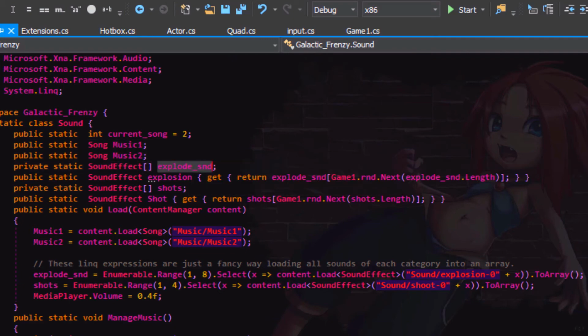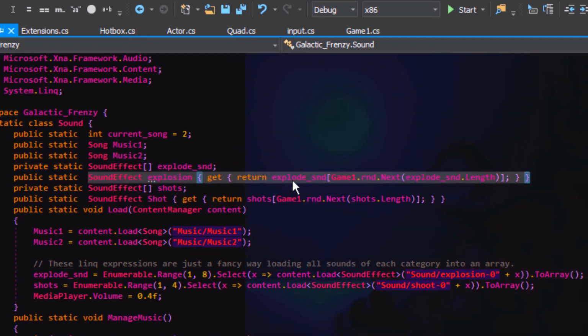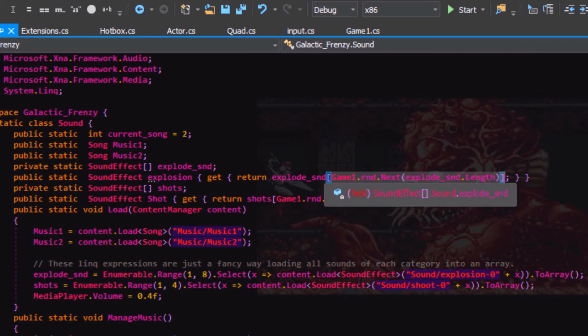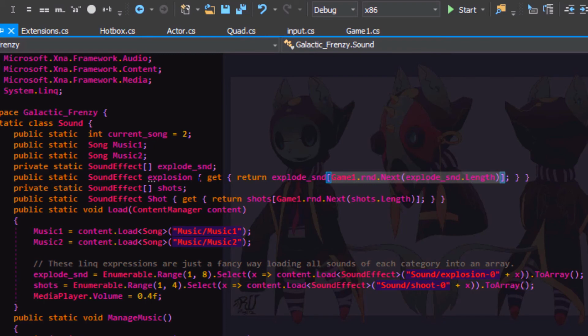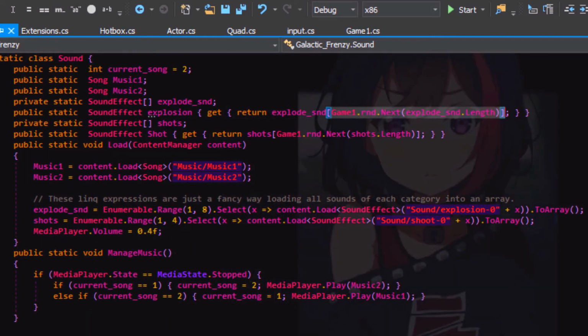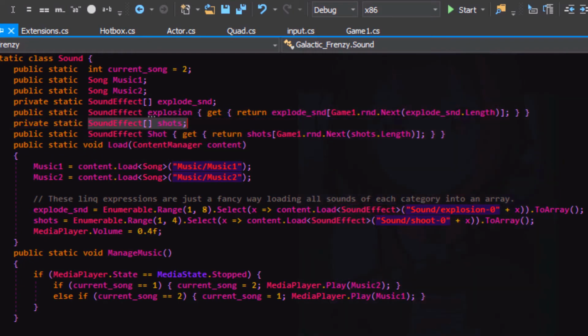I've got an array of explosion sounds, and we've got a getter for the explosion sound and what it does. We've got a random selection here based on the length of the array, where it randomly selects which variety of explosion sound to use. And as I said, this is based on an old tutorial that I was following when I was learning XNA. So I'll try to leave a link in the description if I can figure out where I got that from, and you can go check out the original source too. I'm not sure how similar this is to that source, so I just want to make sure people know that there is another source where they can get more information on how all this is set up.